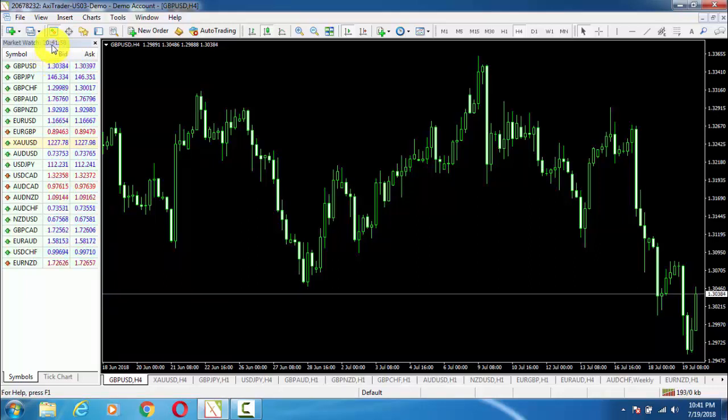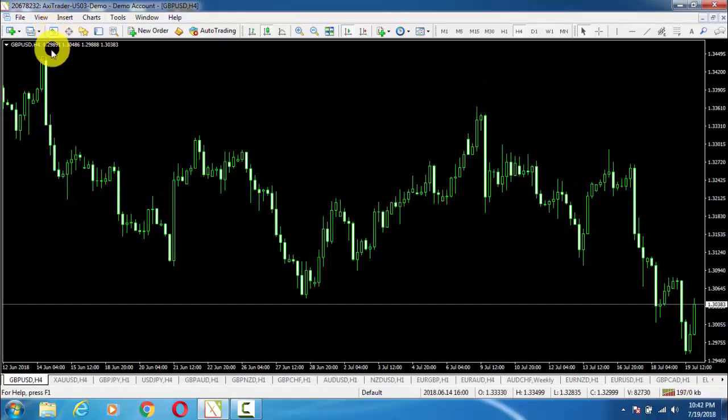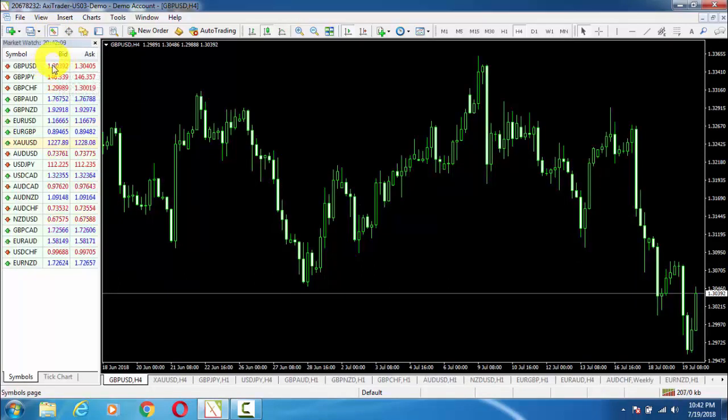What is market watch? So my dear students, we can get market watch from this button on our MT4. These two arrows, just by clicking on that. In the market watch, first of all we have market timer. This is telling us about the time of the market.